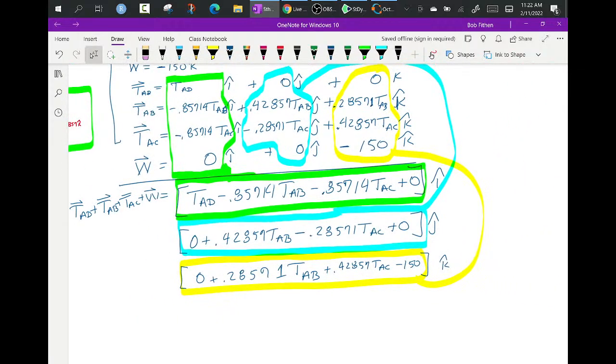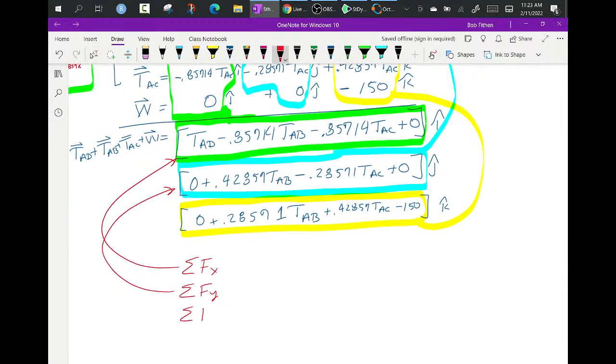So effectively at this point, I have some of the forces in the x listed right here, some of the forces in the y listed right here, and some of the forces in the z listed right here. Now, independently, each one of these has to be 0,